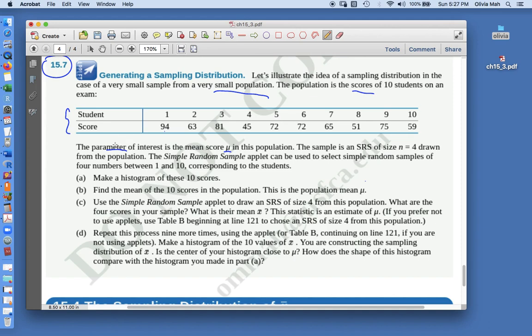Remember that parameter. What is a parameter? A parameter is a characteristic of a population. And in this case, mu is the parameter of this population that we're interested in. Now we're going to take many samples, and not just one, but let me